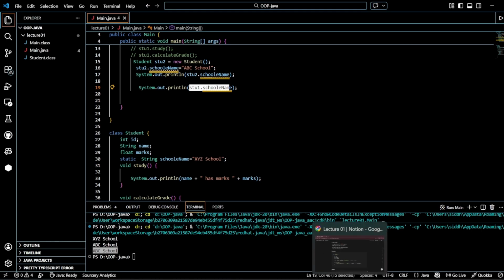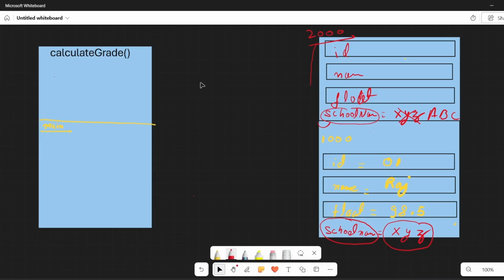But why? If you use the static keyword, then only one copy of memory will exist. So if you use the static keyword in a heap area,